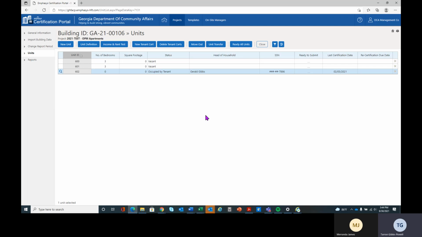But before I go into those steps, I'm going to let you know that there are two ways that you can do a transfer in the system. You can either transfer within the same building from unit to unit, or you can transfer from building to building